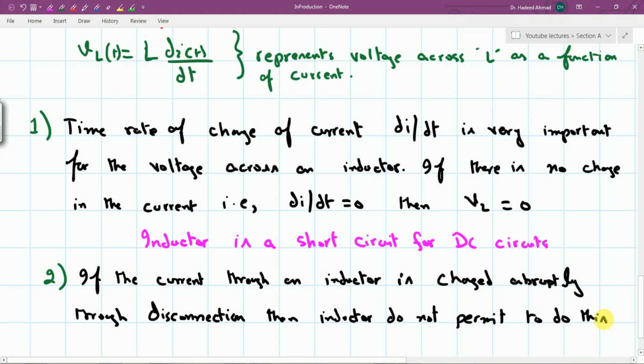This means that if we want to make this di/dt infinite, then certainly we want to have this V(t) infinite